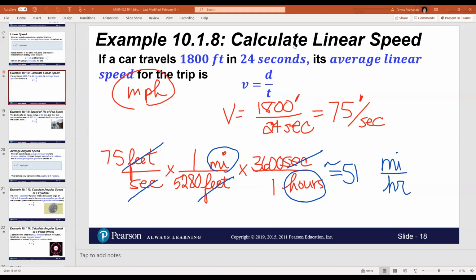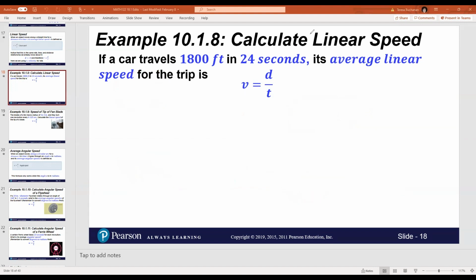So I took the time here, though the slide didn't ask for it, to show you that conversion because it's good practice. I wanted you to see that and hopefully encourage you to practice that. Okay, that's linear speed